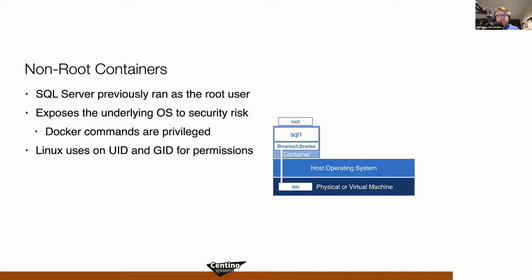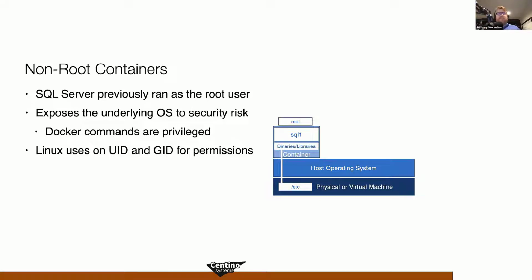And since Linux uses user IDs and group IDs to manage permissions, that process inside the container running as UID 0 will pretty much have root access to whatever is exposed into the container. So you could do whatever you want to the base OS, right? That's a huge security risk in most systems, because now I can change configurations, I can mount data volumes that I might not have access to or shouldn't have access to.